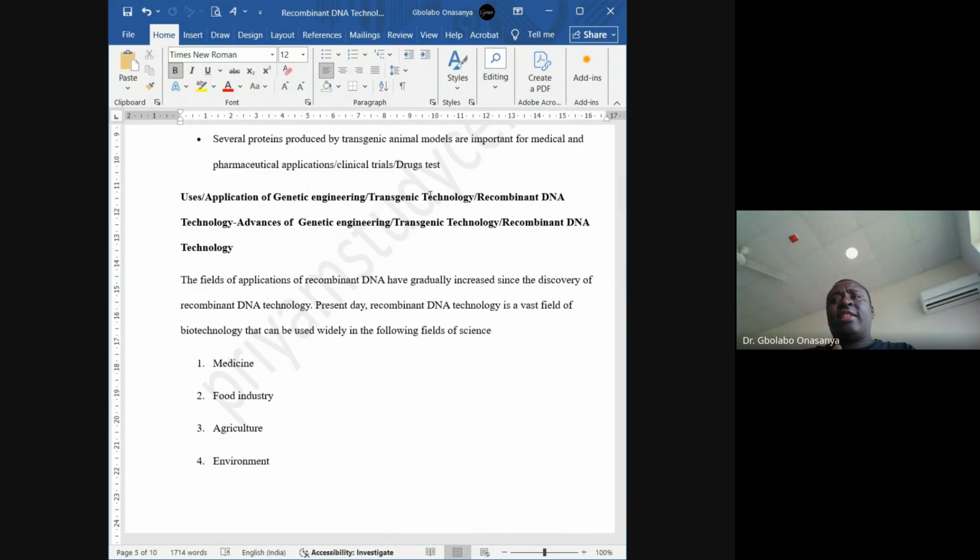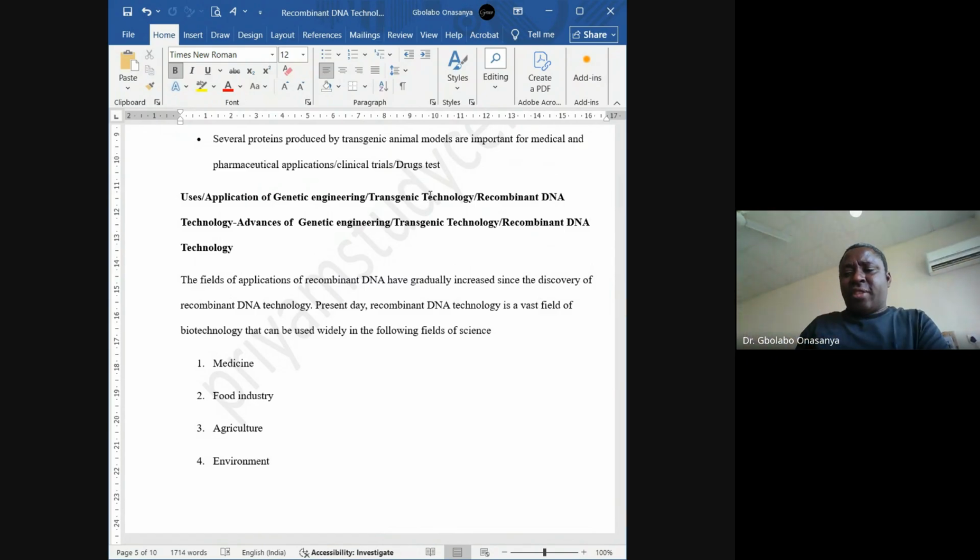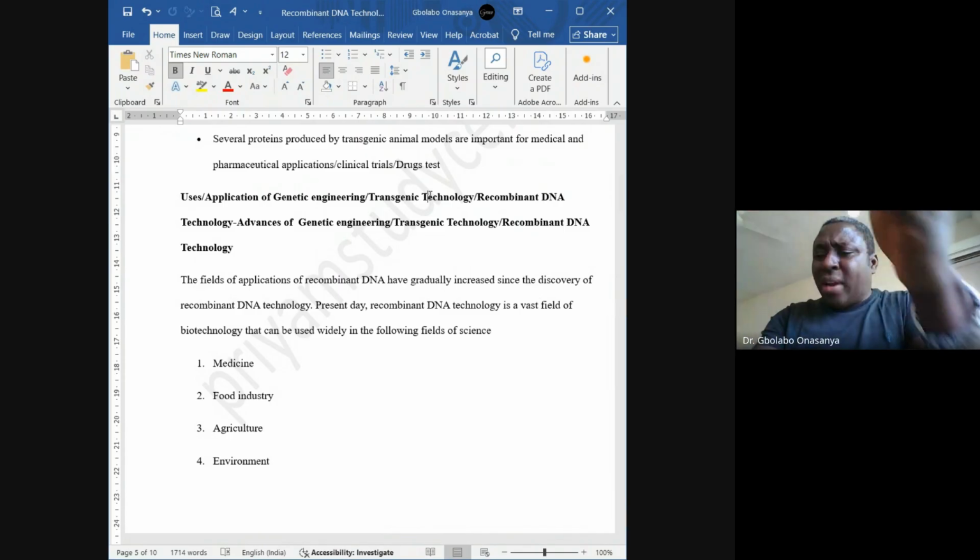Now, in medicine, we have seen its advantages, especially in studying human diseases. When a disease is associated with a particular gene, meaning the disease may be hereditary and have a genetic origin for its manifestation, then we can extract the gene responsible for that disease,